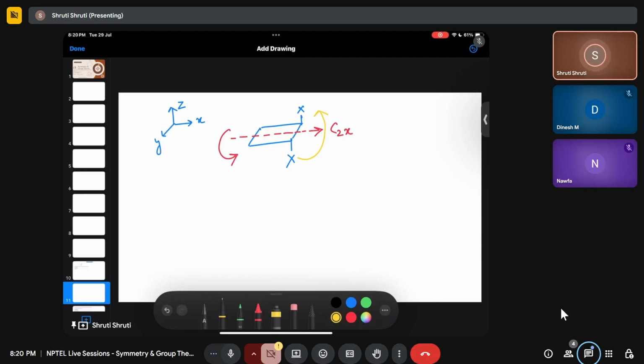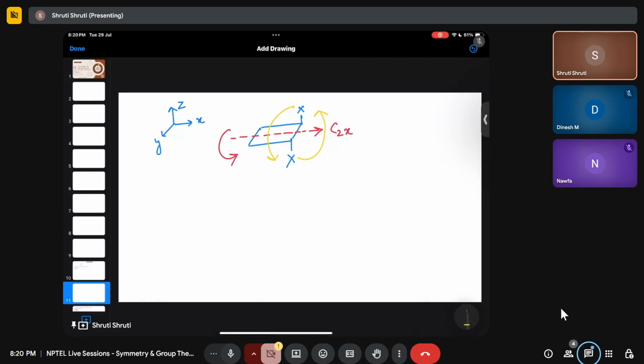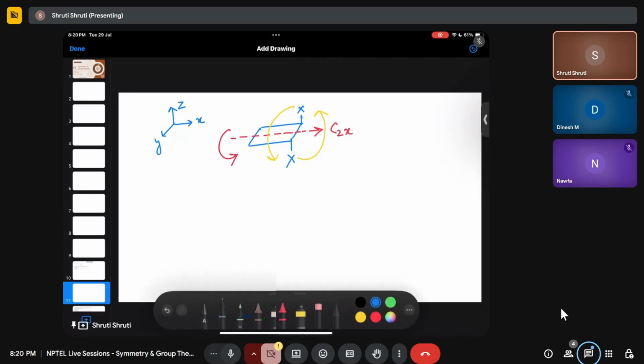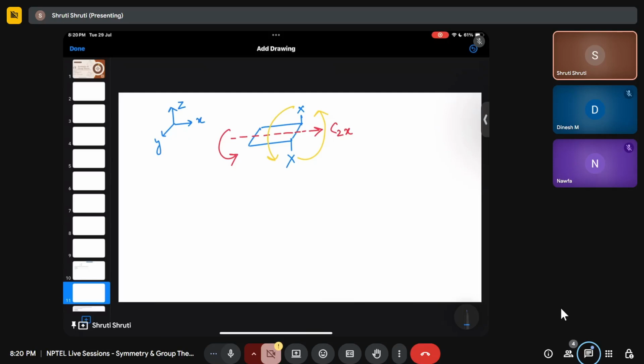This will go up, this will come down. Out of plane rotation. So it will be like out of plane rotation. So if you have,